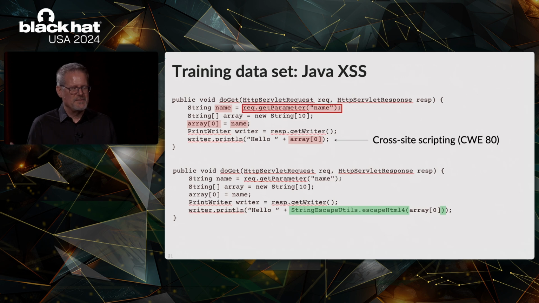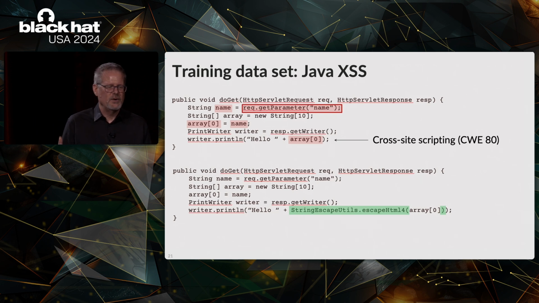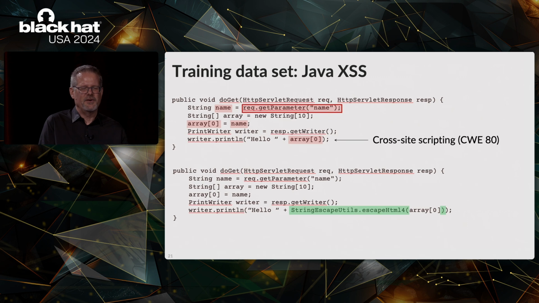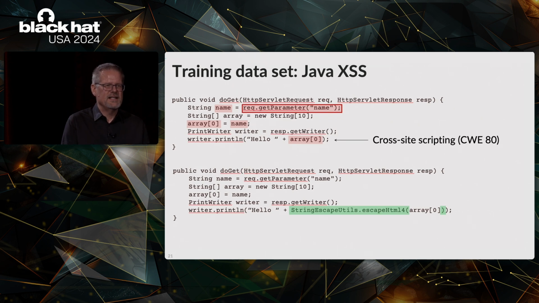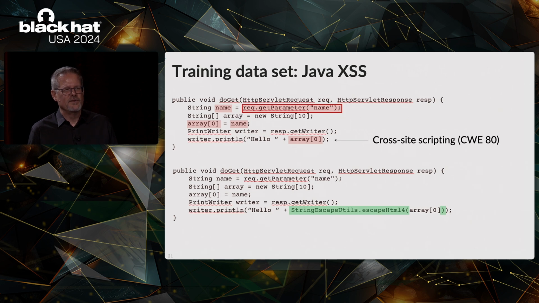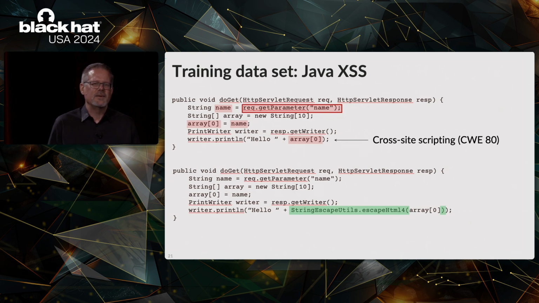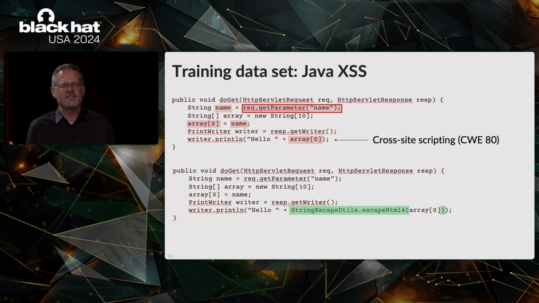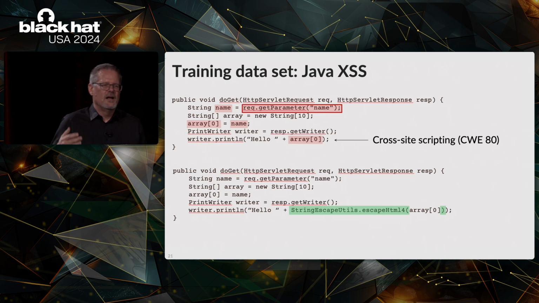Now, this one happens to be able to be fixed trivially, right? We want to then prompt the developer and just say, see that new stuff in green? That's what you need to add. Here's the code. We've added it. Just accept this code change, and your vulnerability is fixed. And if we can automate this, developers don't even need to know how to fix, right? That's the real beauty of this.